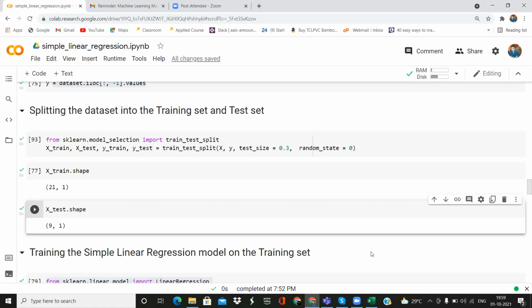Shristi, have you been able to reach the last point? Last one, ridge, is not shown. We haven't taken that part because it would take maybe 1 or 2 hours more and would include a complete new session. Apart from lasso and ridge, polynomial or multiple linear regression is also something that we haven't taken right now. Yeah, exactly, Bhargav, thank you for that. We do that when there are more variables. Right now, the data set was very simple.